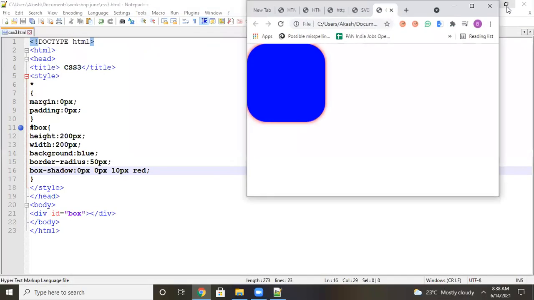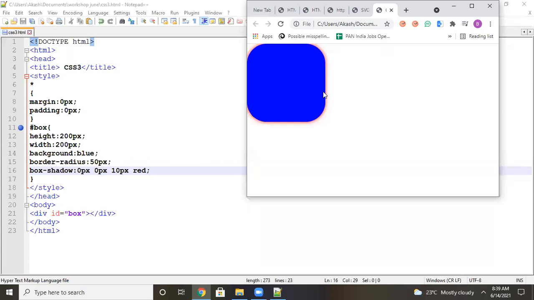This is box shadow, also a CSS3 property. The first value is spacing: if you apply 10 px, the shadow comes to that side. The second value makes the shadow come from the top. The third is the spread, in the corners. The fourth one, color red, means it will appear in all corners here.